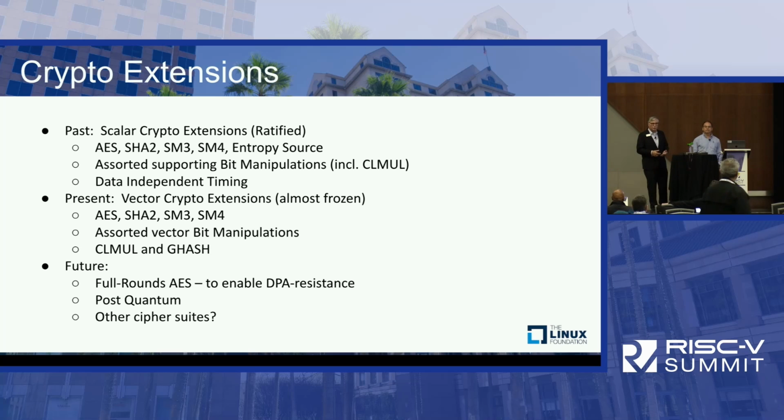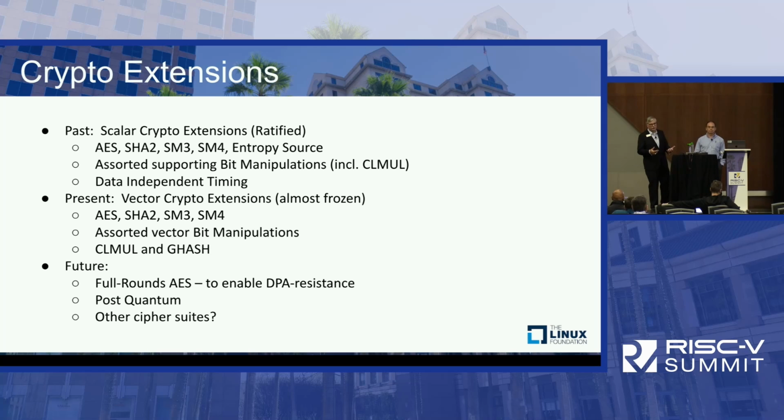We'll be looking more at post-quantum, although I would say that even today we have pretty good support for post-quantum because one of the most computationally intensive parts of post-quantum is the hashing, and they use the SHA3, and we already have quite a bit of support for accelerating SHA3. So even today, there's a lot of support, and we'll look at more focused support for post-quantum in the future.